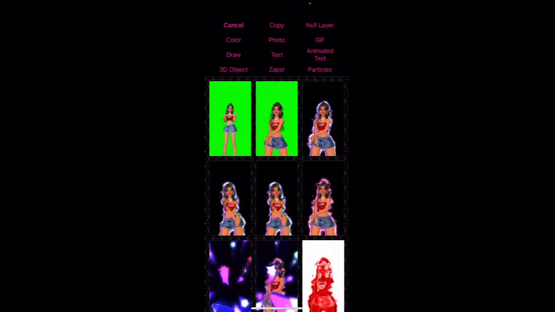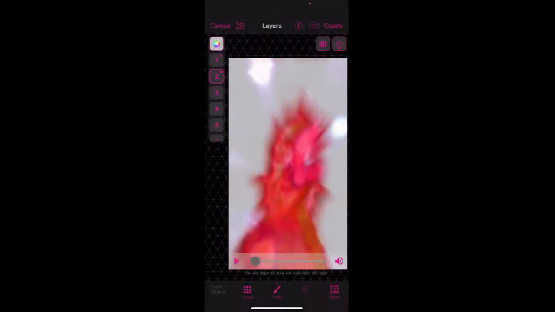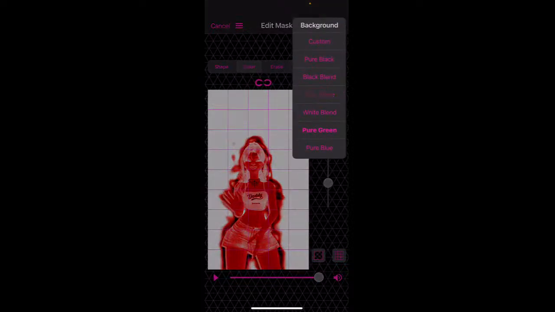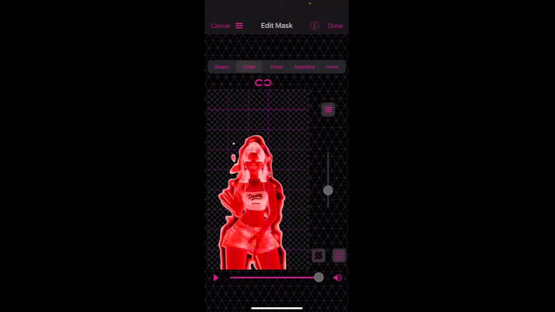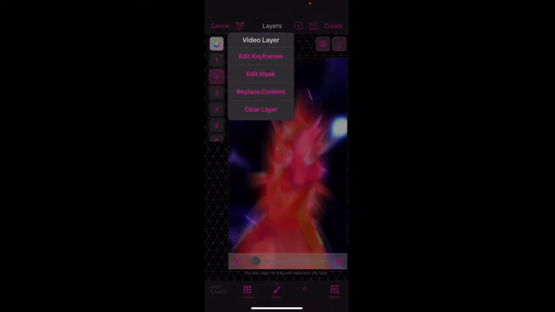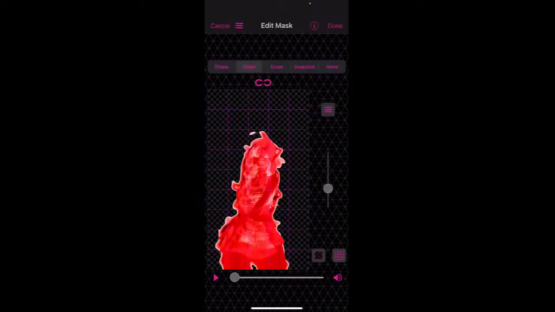Anyway, but yes, so for the ghost layer, for this specific one, you'd put the main layer that you want on the bottom, and then the other one on top, and it basically just. Now, for this, I can add a mask, and you can do pure white to get the white out. So I'm gonna do that, and I'm just gonna get as much of the